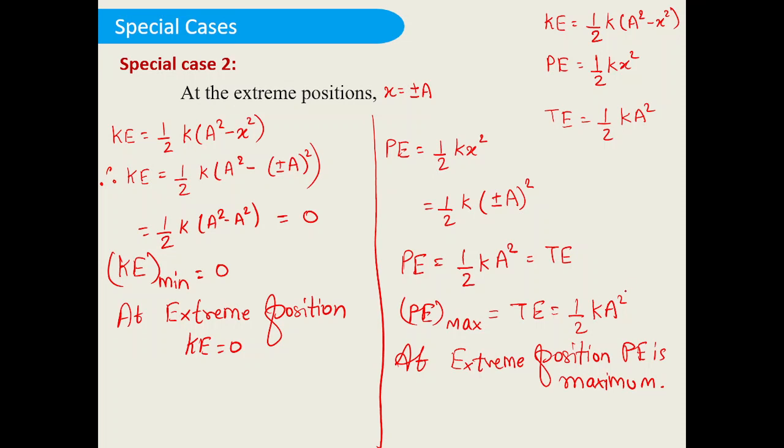Let us now look into the other case. The other case is what is going to happen if kinetic energy is equal to potential energy. Means what is the value of x when kinetic energy and potential energies are equal? All might be thinking that exactly at midpoint, at x is equal to a by 2, the kinetic energy and potential energies are equal, but this is not going to happen. Why? Because kinetic energy is equal to half k a square minus x square. So because of the square, it is not linear, it is quadratic, it is non-linear.